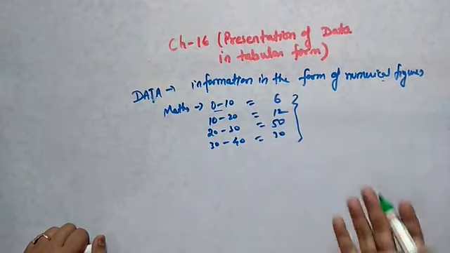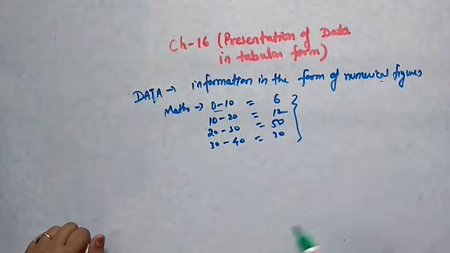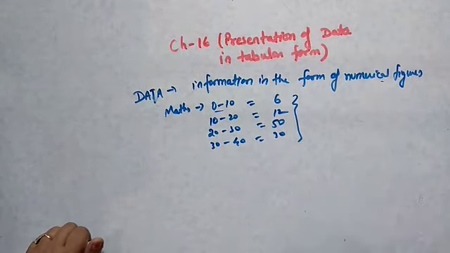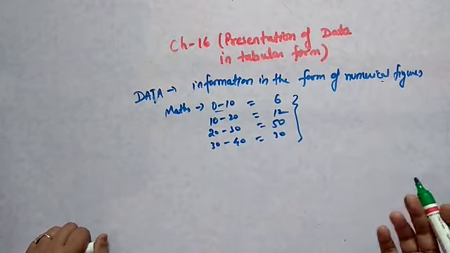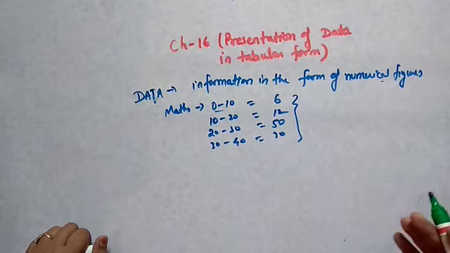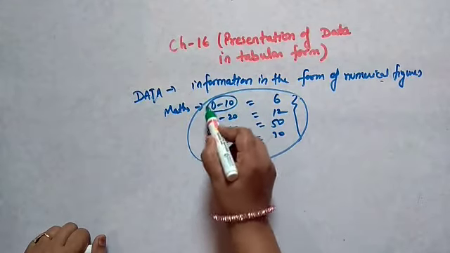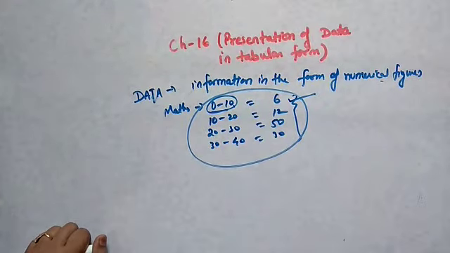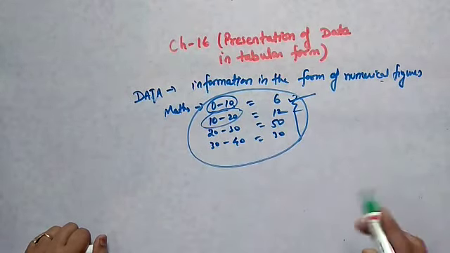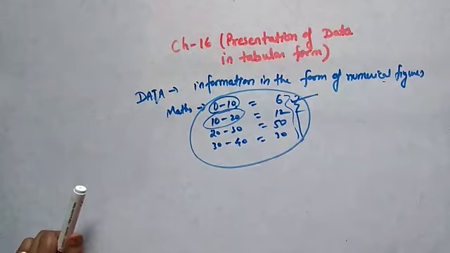Now I can elaborate it further. I can write the marks name-wise also, but name-wise is possible only for 20 or 30 students. If we have a group of 100 or 200 students, it is a very tough task to write the name and the marks of all the students. So we make groups. Those who are getting 0 to 10, I will count and write that 6 students are there. For 10 to 20, 12 students are there. So these observations that we collect in numerical form are said to be data.